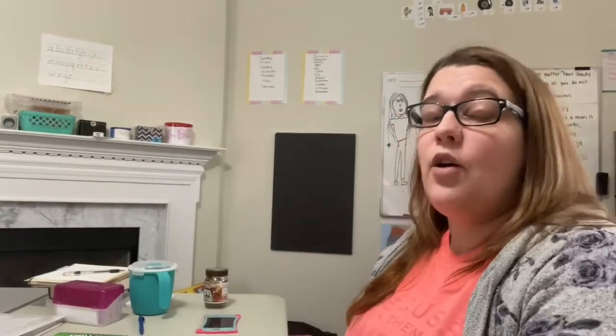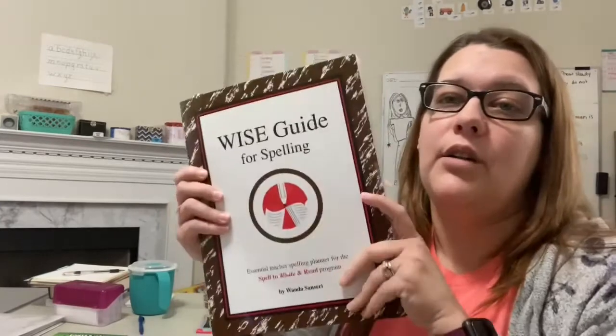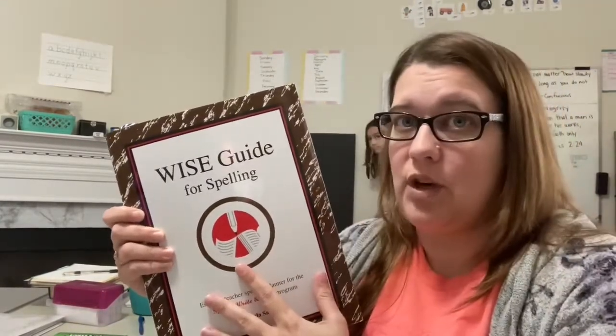So here's another fundamental difference between the Logic of English and the Spell to Write and Read. Logic of English was very much so, I can look here in the morning, open the book and see the phonogram cards I needed, pull those out, and then, okay, class time, we open and we read verbatim. This is not quite like that. Actually, it's not like that at all. The day before class or the weekend before class, you're going to look at whatever section of spelling words you're going to have, which this book is cool because it takes you